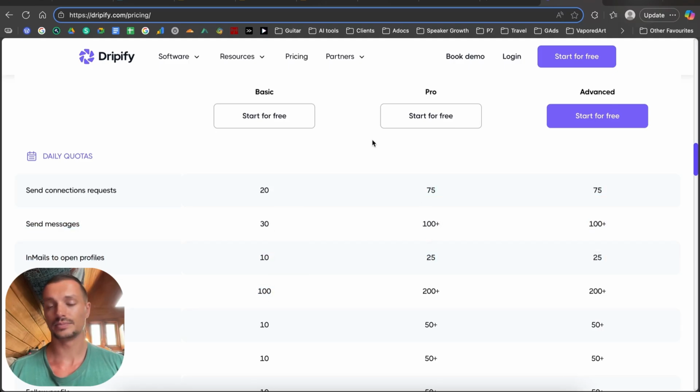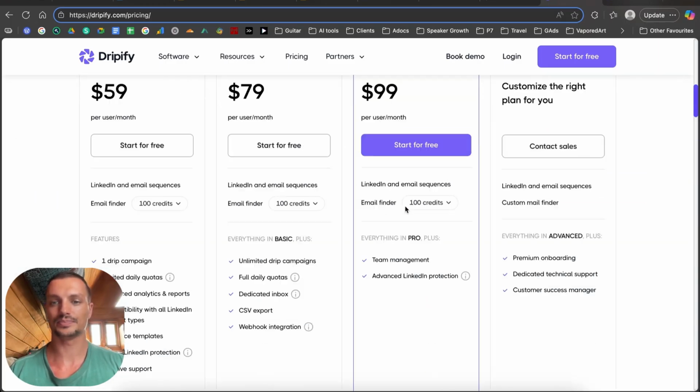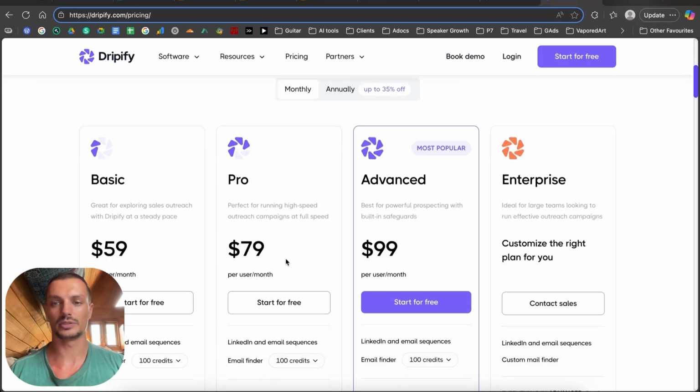And then, strategically, they have limited the amount of messages that you can send per day and profiles that you're allowed to view per day. Because again, that's an annoying limitation to have, because you can view like 500 per day. And you would probably, after a few months, have to move to the pro plan. And that's just on yourself. If you're doing this for more than one account, then